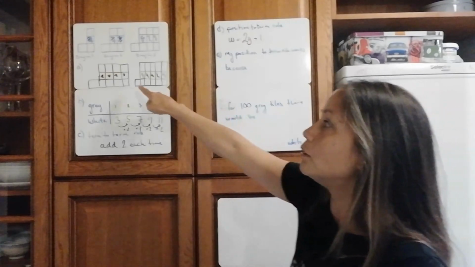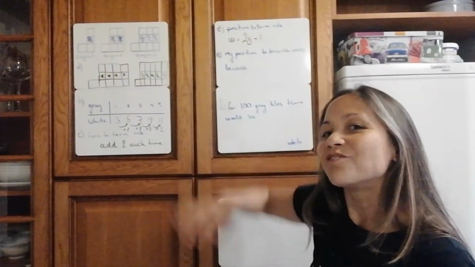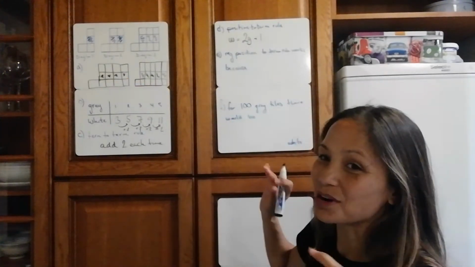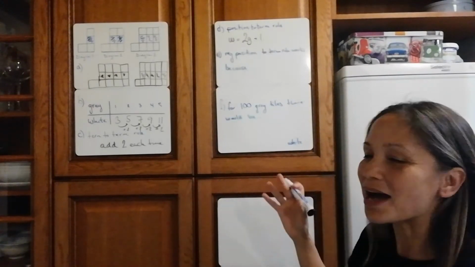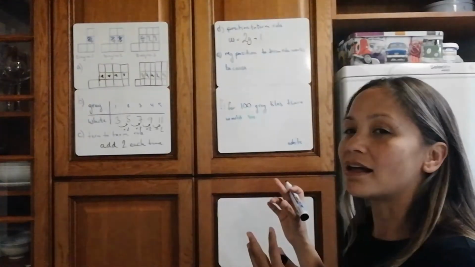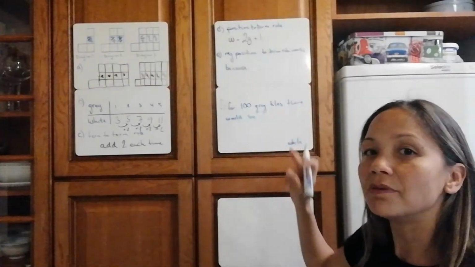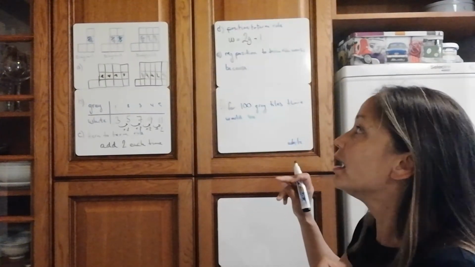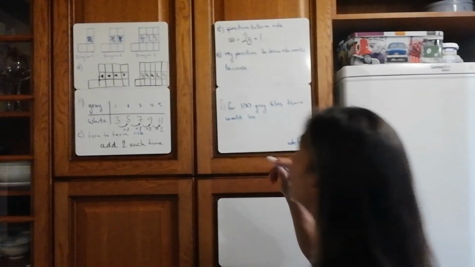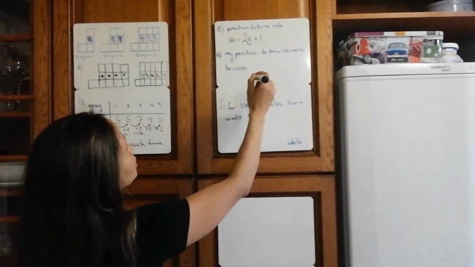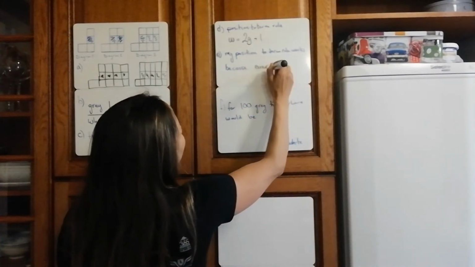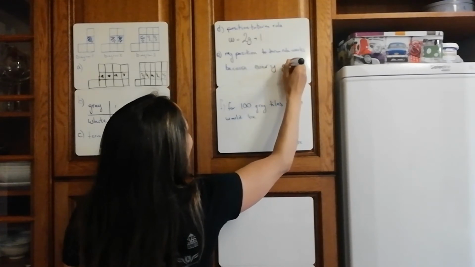Plus there's that 1 lonely white tile that has nobody to hug out front. Okay, so I'm not going to talk about hugs here, I'm just going to talk about the way the pattern looks: every gray tile has 1 white tile above and below, so 2 with it, and there's 1 extra out front. Okay, my position-to-term rule works because every gray tile